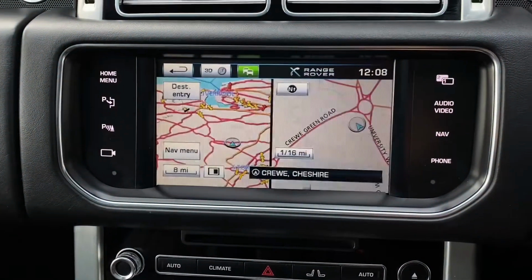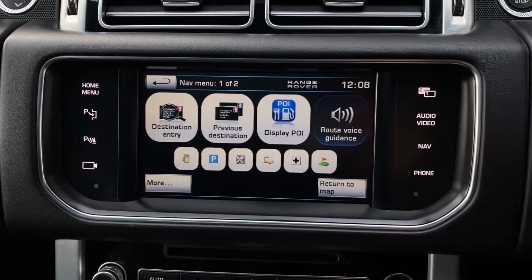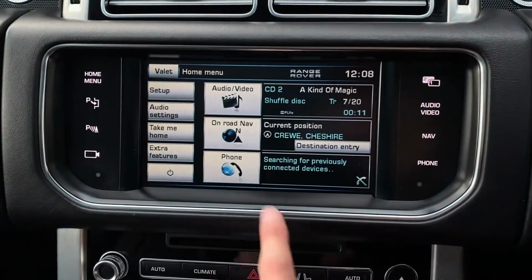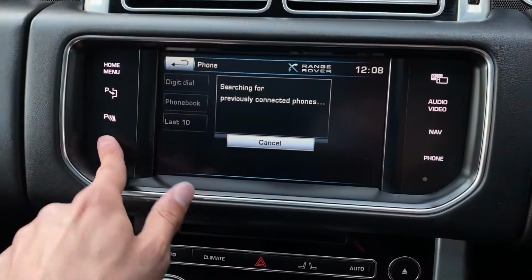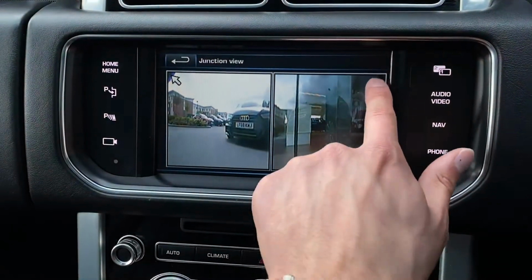Navigation is also available with on and off road maps, allowing you to input all relevant travel information quickly and easily. A phone option is also available, allowing you to pair your phone via Bluetooth, which is great for those hands-free calls. And additional manoeuvring cameras can also be accessed, which are really convenient in getting you in and out